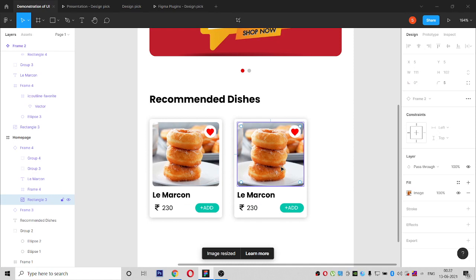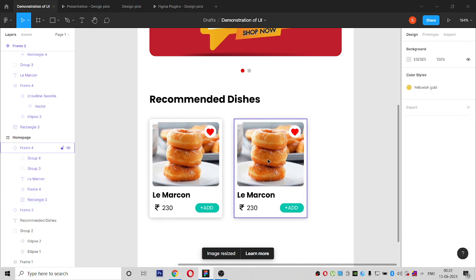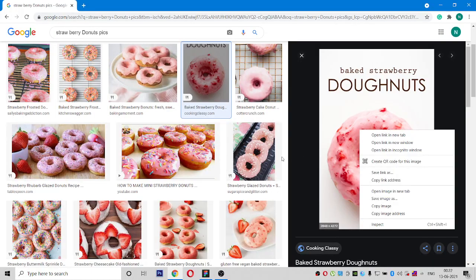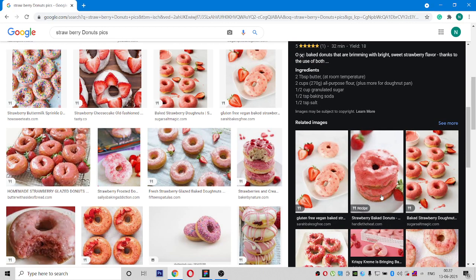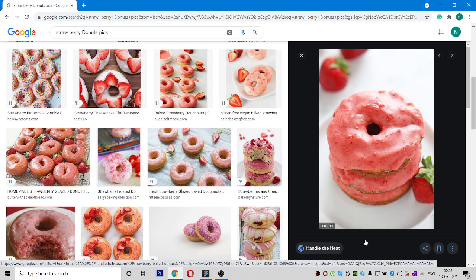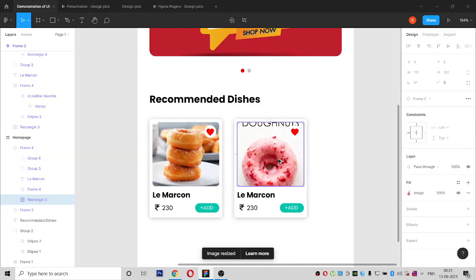Copy the image, select and paste. Sorry guys, it's not copying actually. Yeah, it is copied actually.